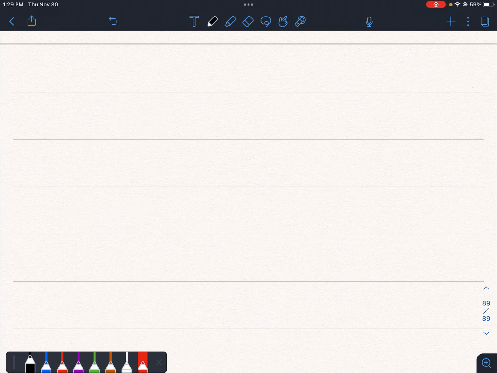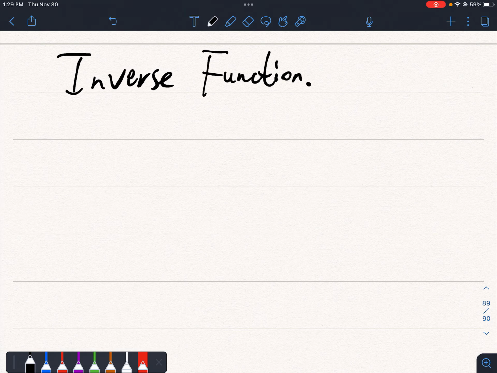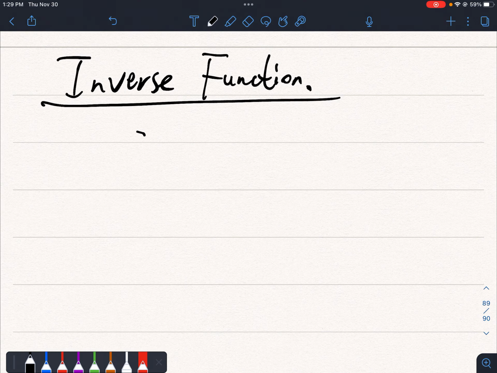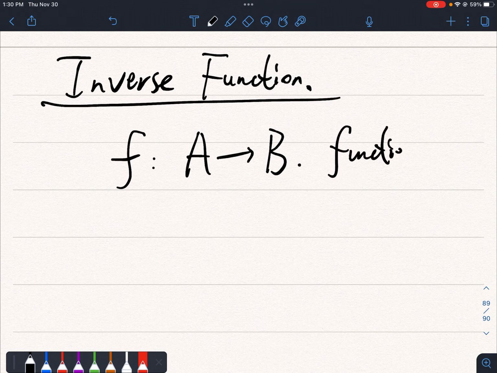Okay, so today we want to talk about the derivative of inverse function. First we have to know what is an inverse function. Whenever we say a function, it has to have, as I said, a domain and a codomain. So this is a function, which means for every a, we can find a unique b such that f of